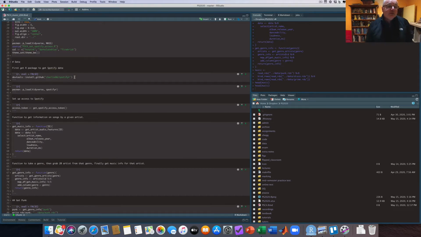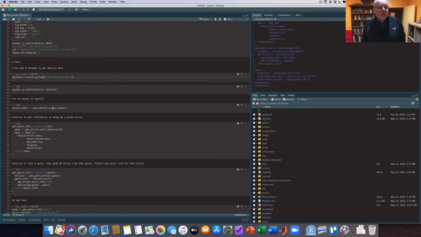Now, if you're interested in doing this yourself, you need the Spotify package. At the moment, you have to get that from GitHub. It is on CRAN, but it doesn't seem to be available for the latest version of R. So if you're using the latest version, you have to use the GitHub until that's updated. You're also going to have to set yourself up a Spotify access token. There's instructions in the package on how to do that,